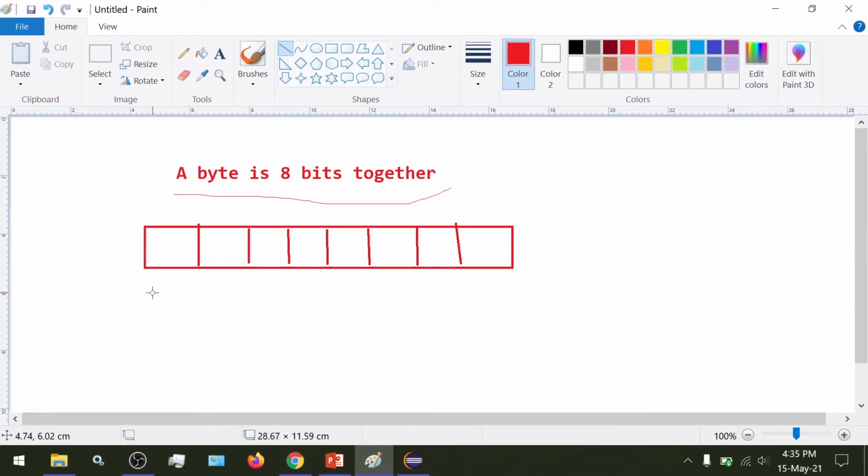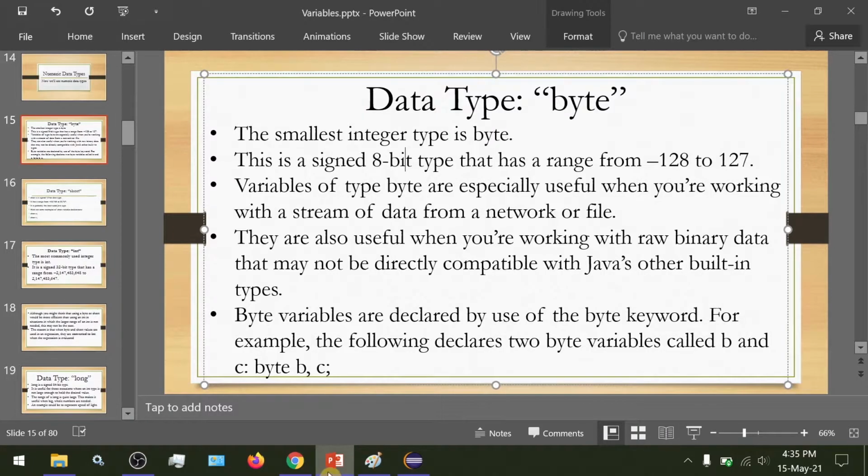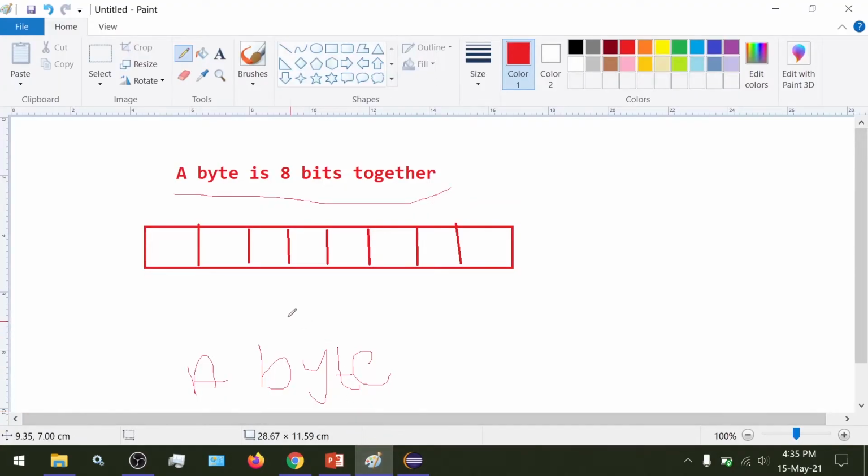Here we have 8 blocks. Let us suppose that this represents a byte. As you can see, it has a range from -128 to positive 127. Let us understand what that means.